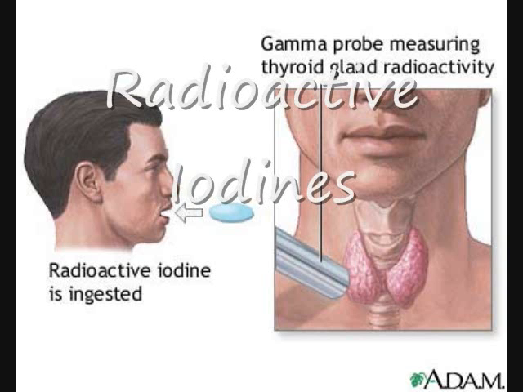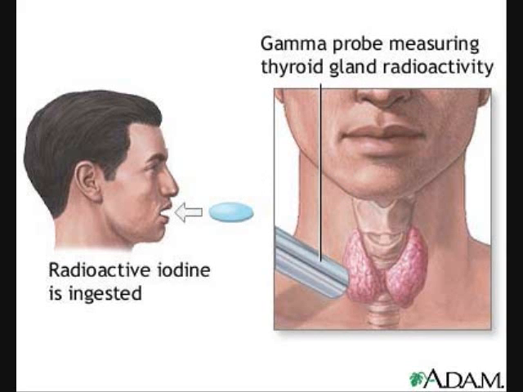Radioactive iodine. The thyroid gland uses iodine to make thyroid hormone. With this treatment, you swallow a pill that contains RAI, which is a form of iodine that damages the thyroid by giving it radiation. The RAI destroys thyroid cells so that less thyroid hormone is made. This cures the overactive thyroid, but you will likely need to take thyroid hormone for the rest of your life to replace the needed thyroid hormone your body can no longer make. RAI has been used for a long time and does not harm other parts of the body or cause infertility